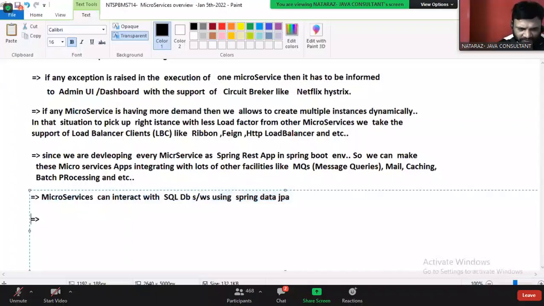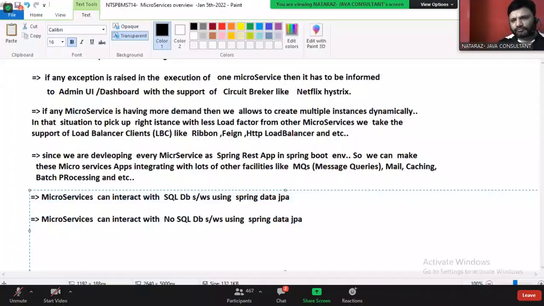Microservices can interact with NoSQL database software using Spring Data NoSQL modules like Spring Data MongoDB, Spring Data Cassandra.